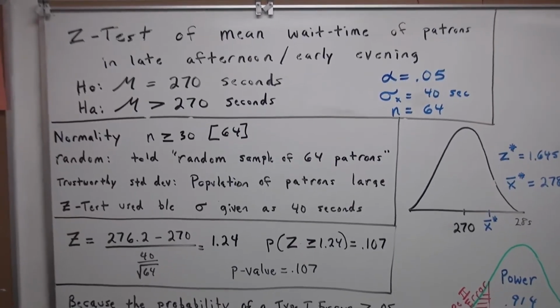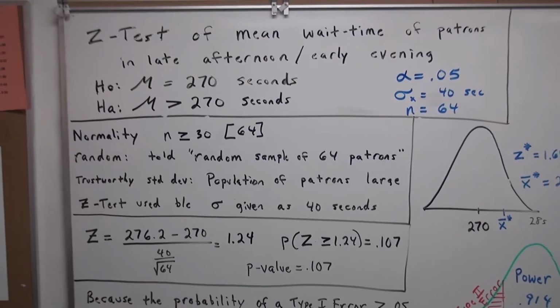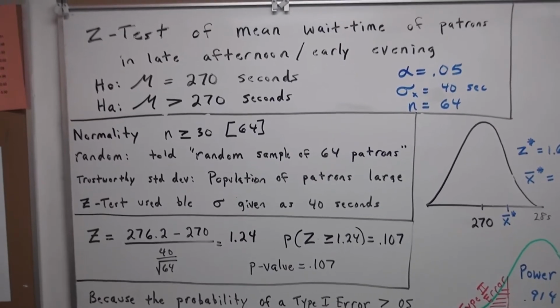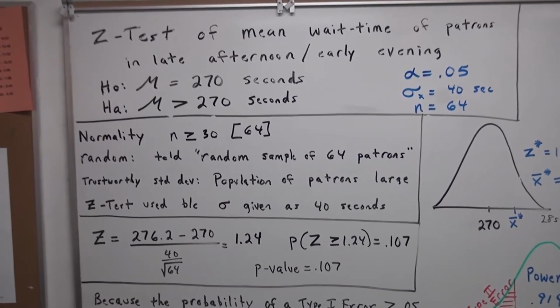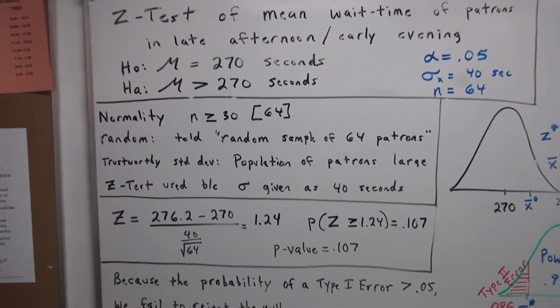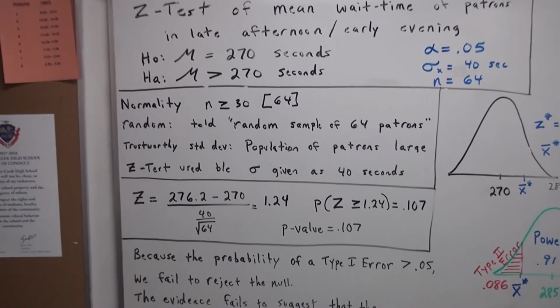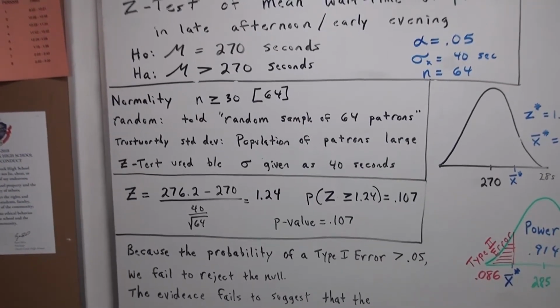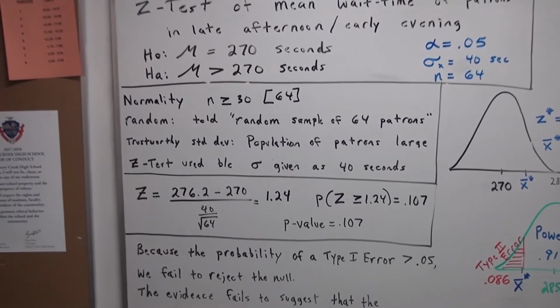Here's what we did in class after watching the first video on Intro to Power and Type 2 Error. You can follow along with the attached problem. We're continuing with the grocery store problem. What we did here was the write-up for a hypothesis test listed there. If you want to stop the video and look that over, make sure you're solid with all the parts to